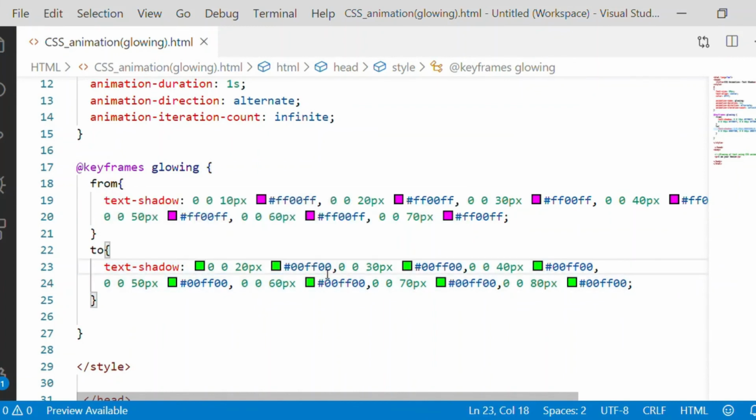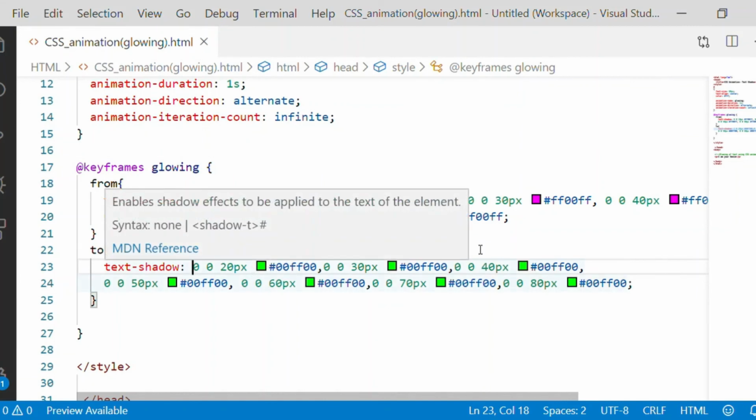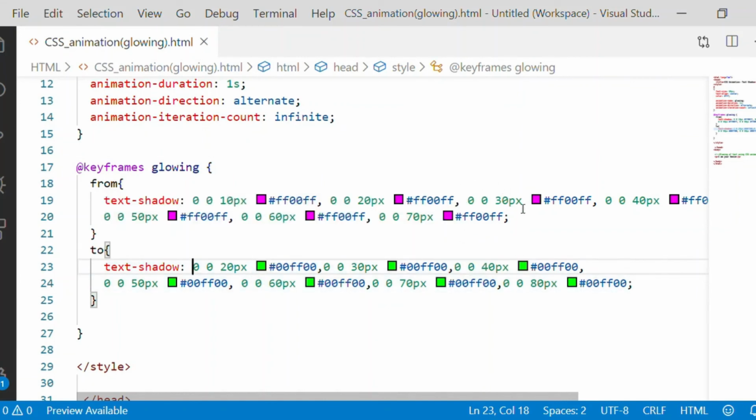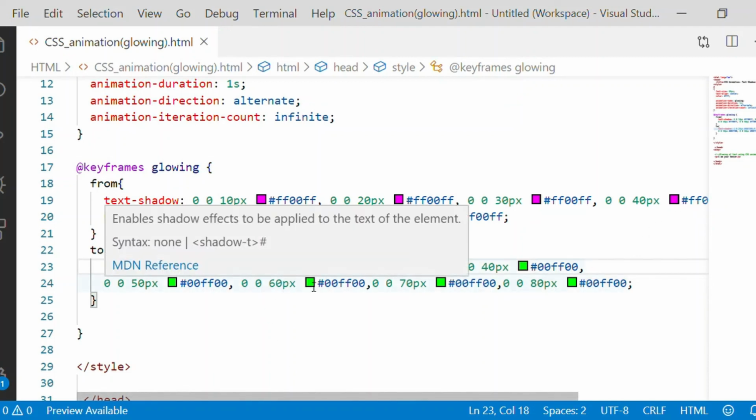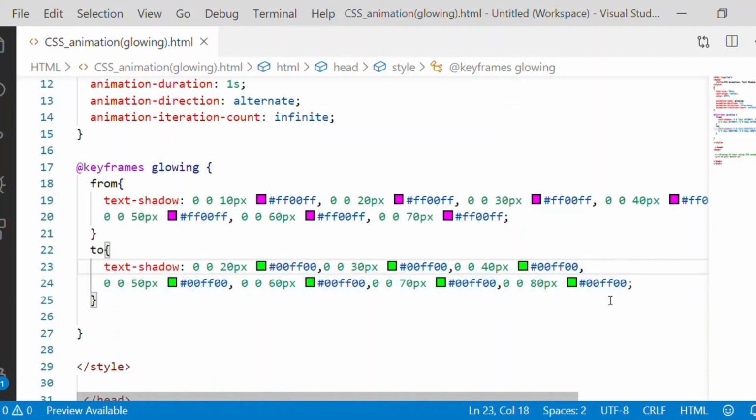Since the text size starts at 10, we will give 10 to 20 pixel blur effect, and similarly 20 to 30, 30 to 40, and so on until 70 to 80 pixel for the text shadow effect.